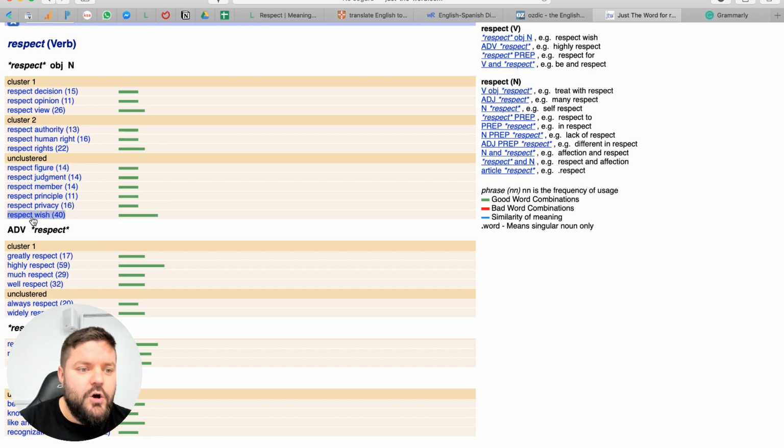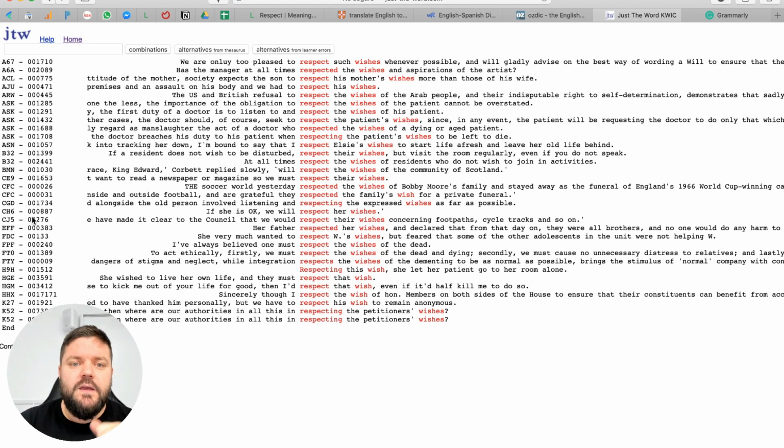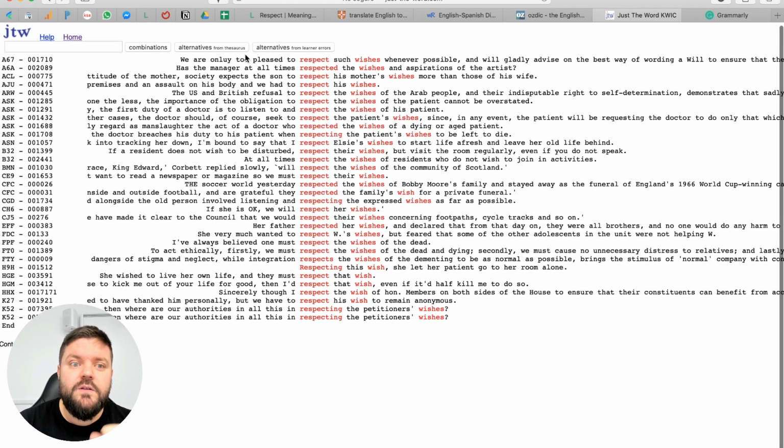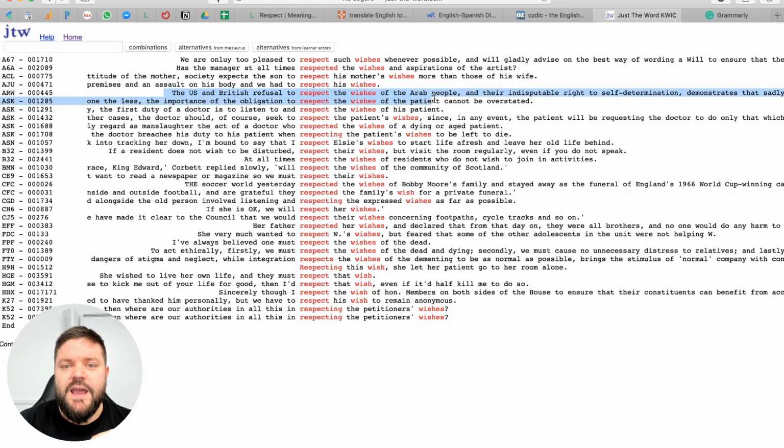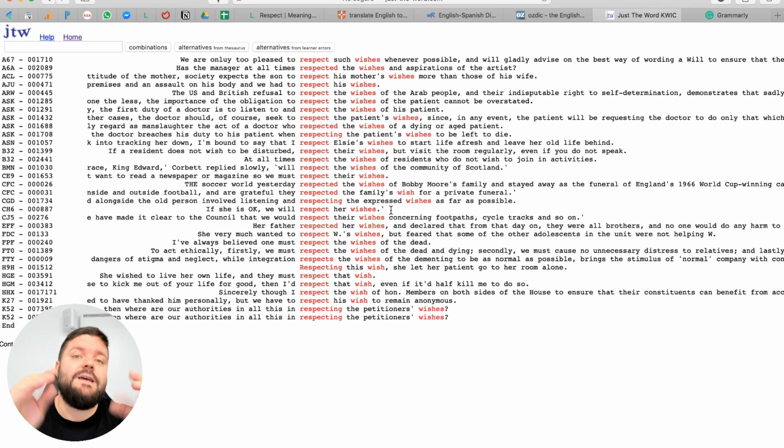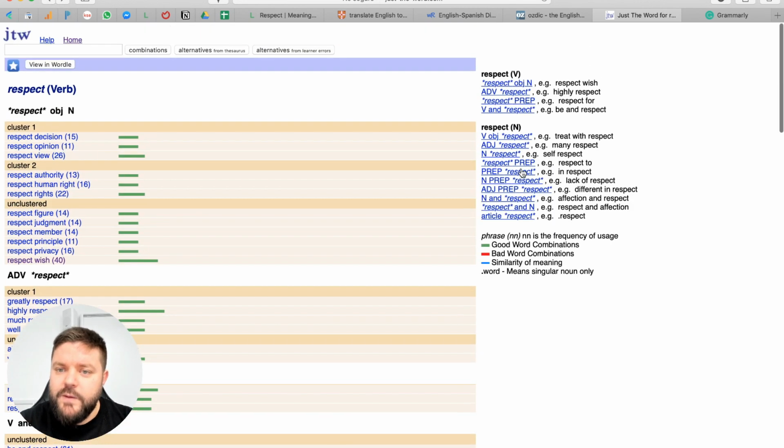So if we click on respect wish, you get a bunch of sentences where you have those two words working together. We are only too pleased to respect such wishes whenever possible. Or the US and British refusal to respect the wishes of the Arab people. Okay, so you see these two words working together, not necessarily immediately together, but in the same sentence. And we can go back and we can see